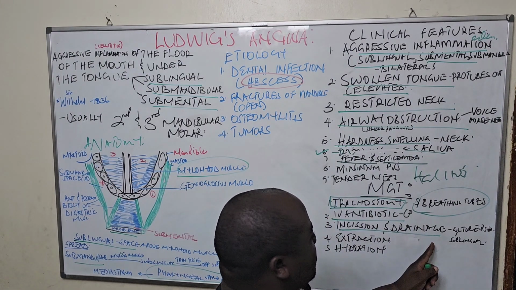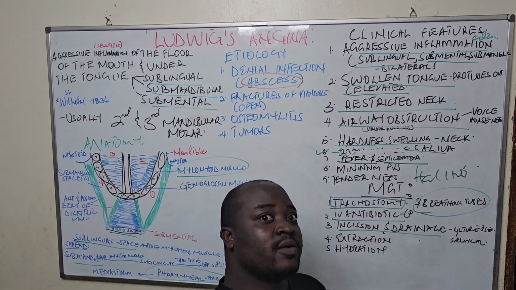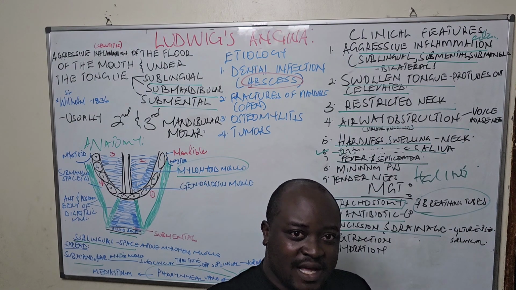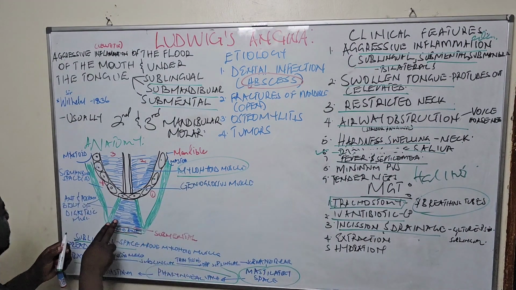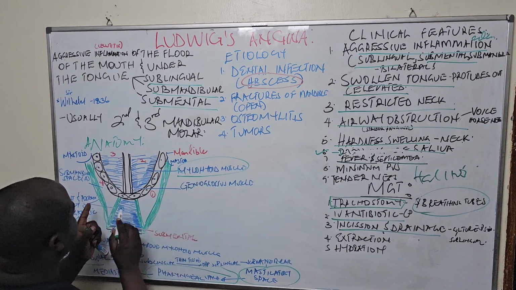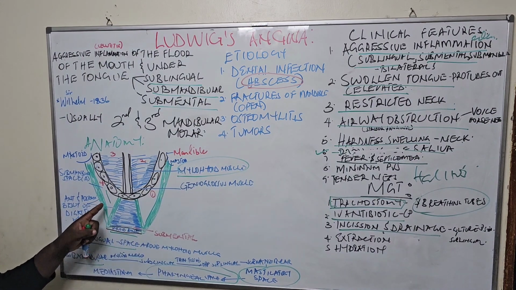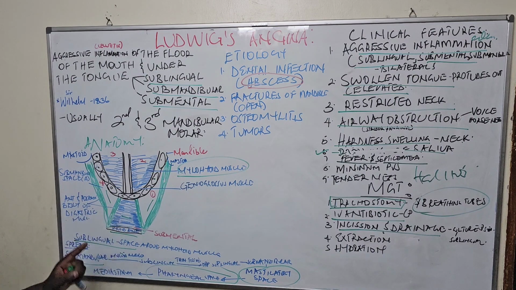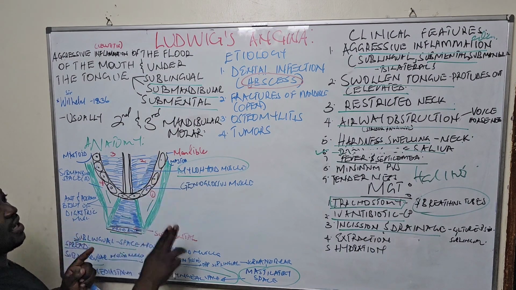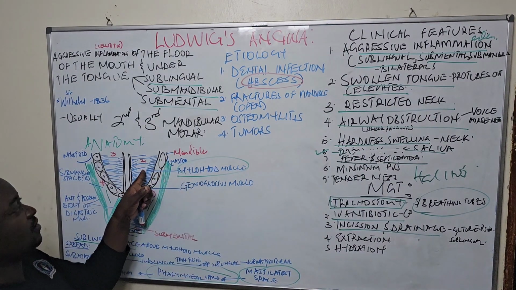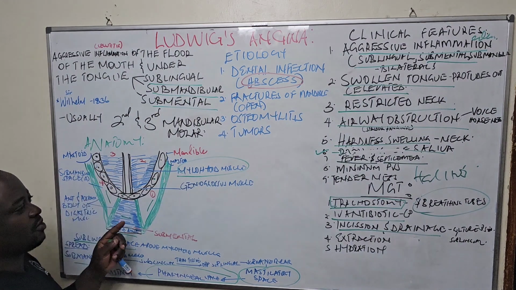In incision and drainage, you shall remember that we do blunt dissection with an instrument. You open to this left side, one incision here on the right side of the submandibular space, another one on the other submandibular space, also another one here at the sublingual space, and the other at the submental space. Then as you do blunt dissection, you also create a way to reach this area, until you also reach these areas, and you make sure the pus is drained.